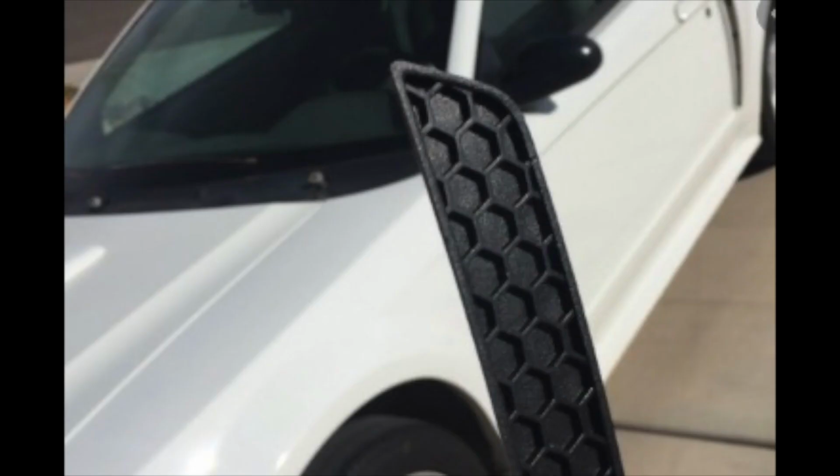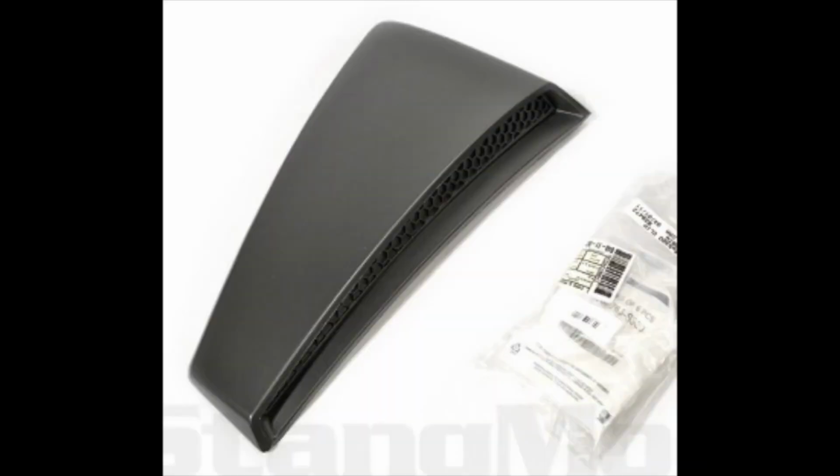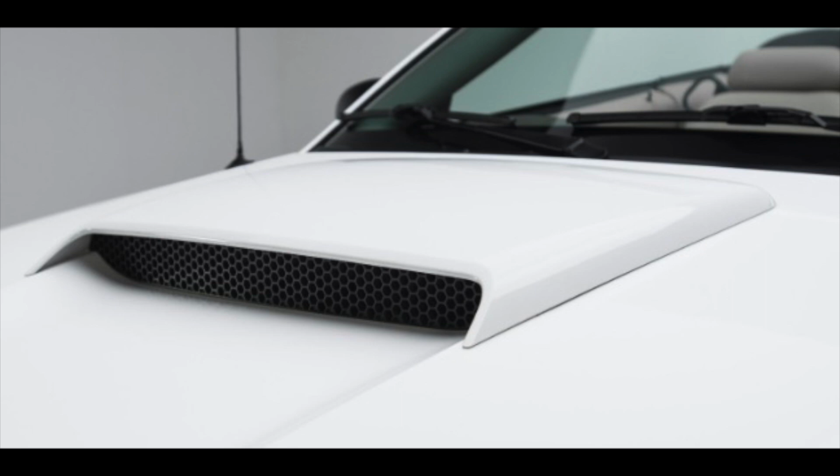Here you can see the honeycomb inserts that would be on the 01 to 04 GTs and the Mach 1s for 03 and 04. They have that honeycomb look to them, and they would go inside the side scoop, just like the same scoop that would be on the Cobra as well. That's what the side scoop looks like with the honeycomb piece in it. So this was made to match the grill. You can see the honeycomb grill there, and the honeycomb that would be in the hood scoop on the 01